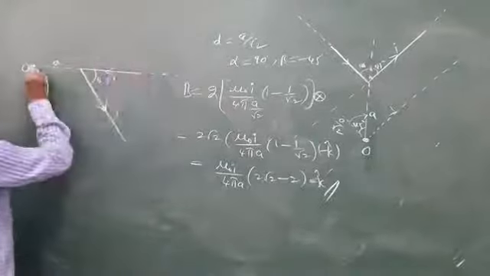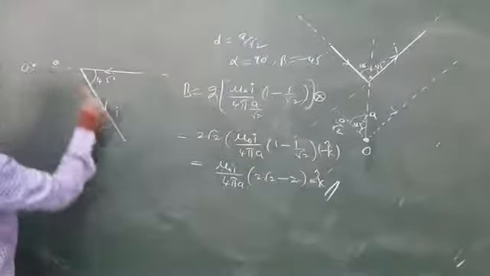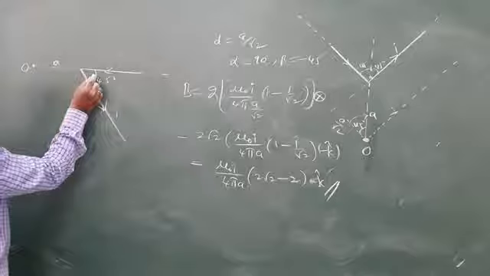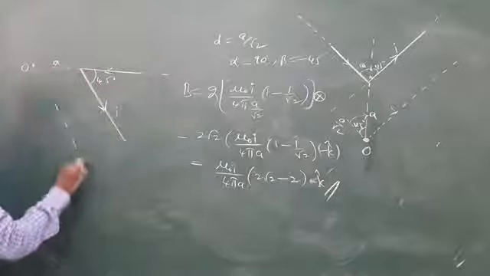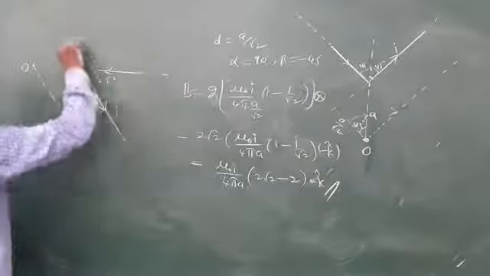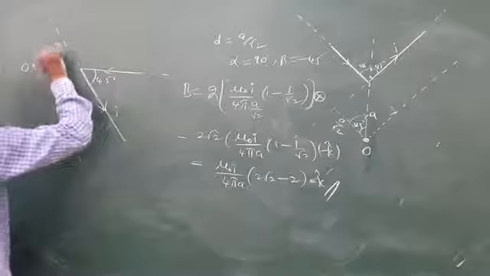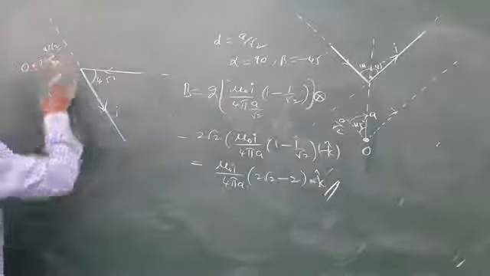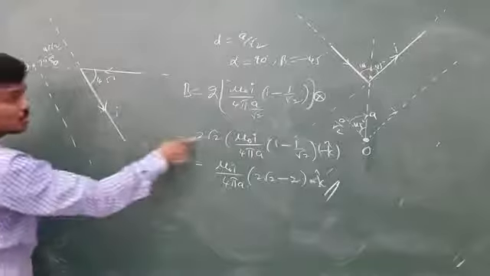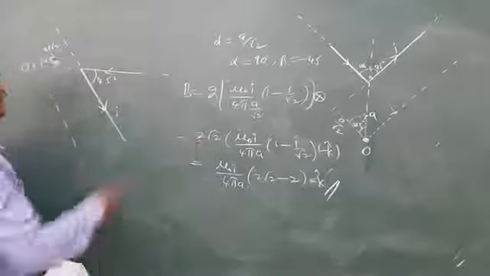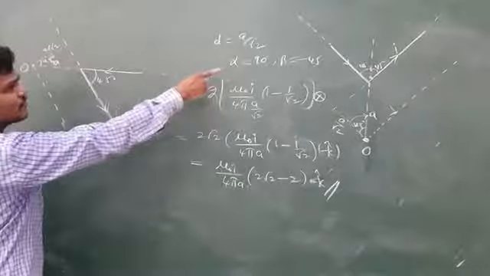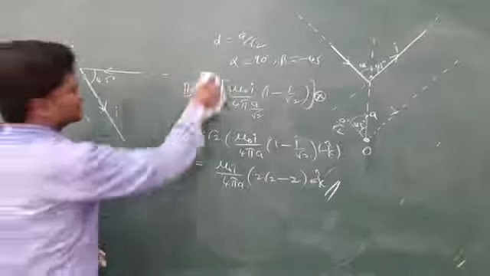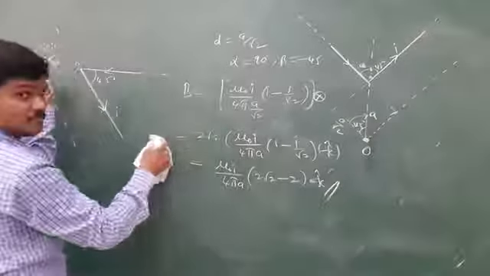Due to this wire there is no field, and due to this one again it is what? If it is 45, if you draw a parallel line and extend, you will get A by root 2 again, like the previous problem. But here only one wire is possible, there is no 2. See, if D is A by root 2, alpha is 90, beta is 45.